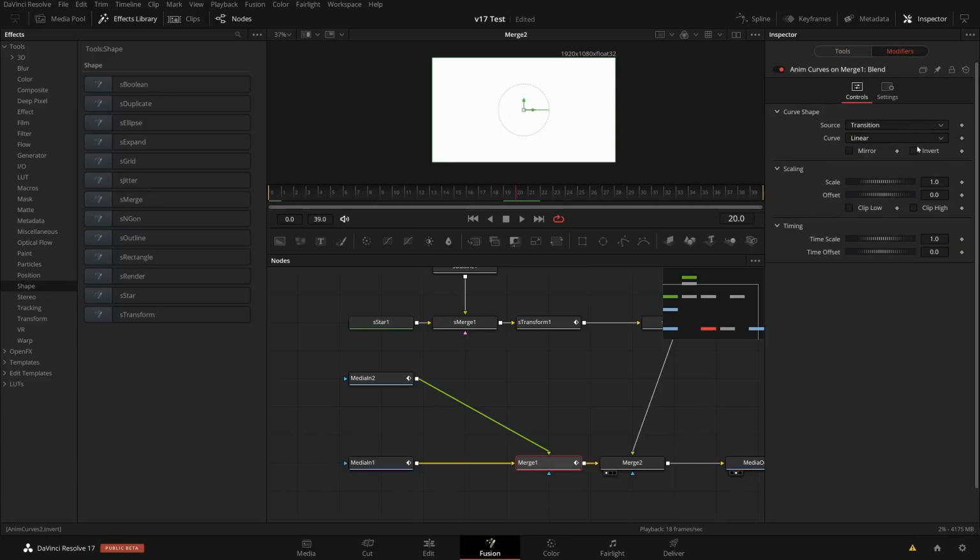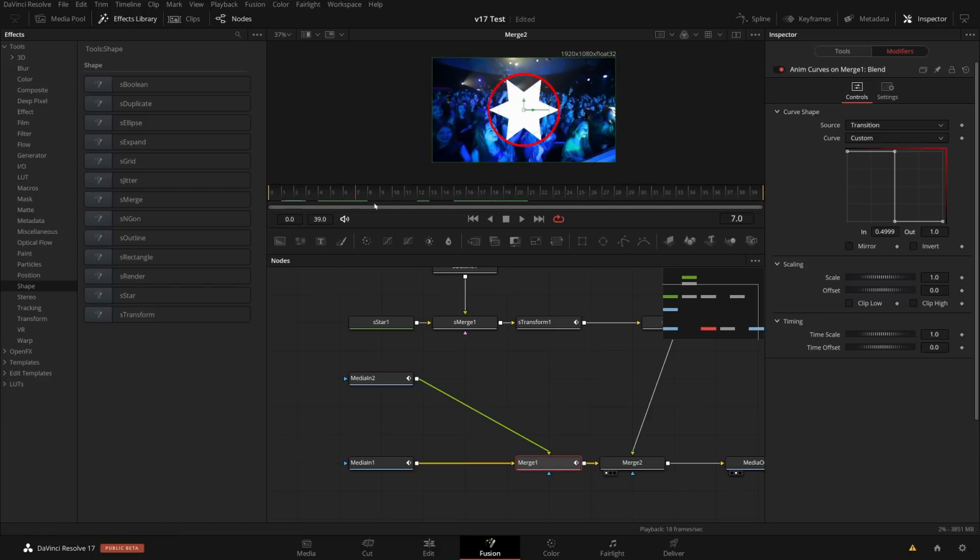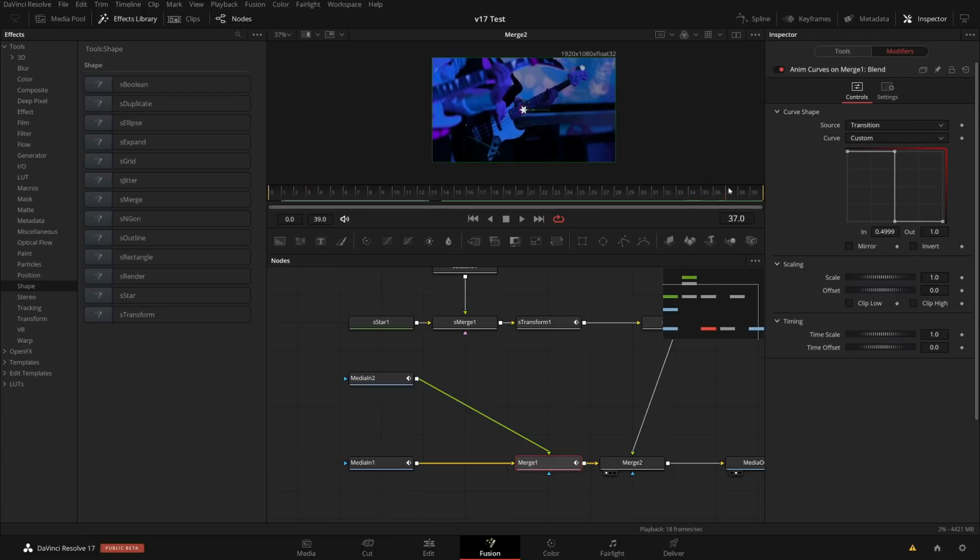So let me go back to the modifiers, and this time let me use once again the custom transition, and let me invert this. So I start from a blend value of 1 and then go down to a blend value of 0, and not anywhere but at 0.5 I want to go down to 0, and just before I will stick to 1, so I have kind of built myself a step function, so 0.4999 whatever. So I just have in the center a switch, and now I have my transition with the star to the new image, so wonderful transition.